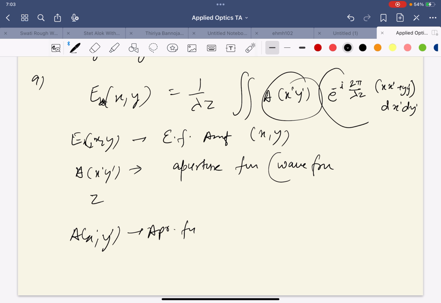The argument of the exponential accounts for the propagation of the wave in the far field. This double integration sums contributions from all points within the aperture to give the total electric field at the observation point. It effectively incorporates the effect of the aperture shape and size on the resulting diffraction pattern. If we go for intensity, then I is just amplitude square, so we can solve it.